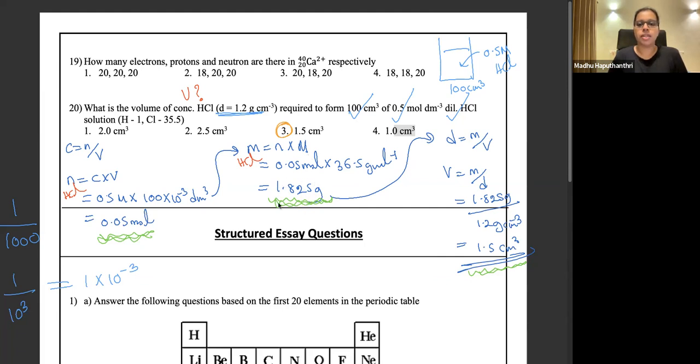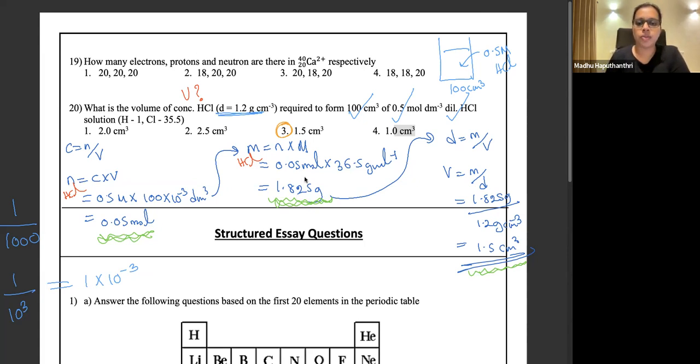So to get this mass of HCl, density is given, right? Density is given. So therefore, we can take mass over volume. Actually, when it comes to the questions, there is additional data given to you because conc HCl is not 100% HCl. It has a certain percentage, but here I'm assuming concentrated HCl is 100% HCl. With that assumption only this question is made. So don't worry about that.